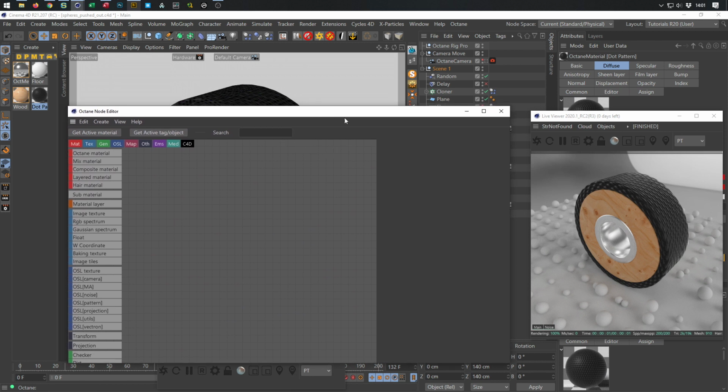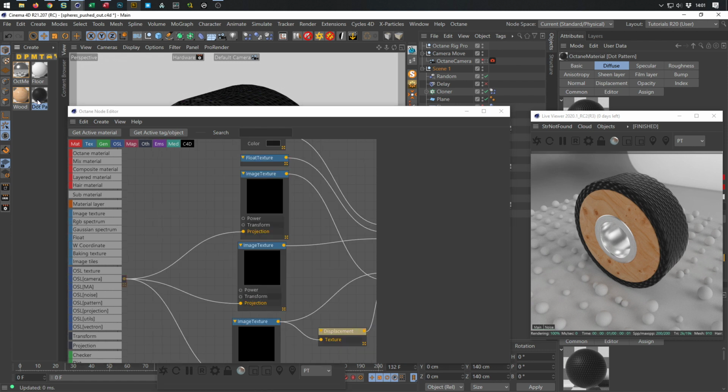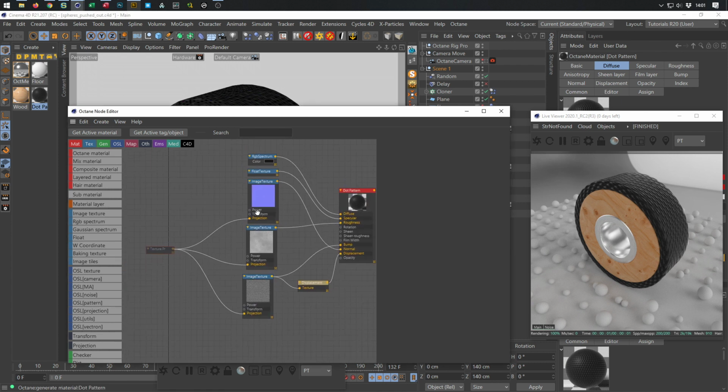Yeah, again, this is the newest Octane, and here is a little bug I see, because in the earlier versions, if you had selected your texture and opened your node editor, the texture was already inside. Now you have to open the node